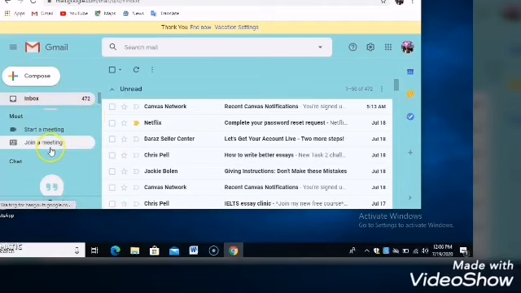In the Meet bar there are two options: start a meeting or join a meeting. With start meeting, when we are going to arrange a new meeting for others or for our audience, we can get started. Secondly, if we are going to join a meeting, we must have the link. Whichever link we have, we will open that and we can join that meeting. But this time I'm going to start a meeting. I'm going to conduct a meeting for my students. So I'm going to open start a meeting.